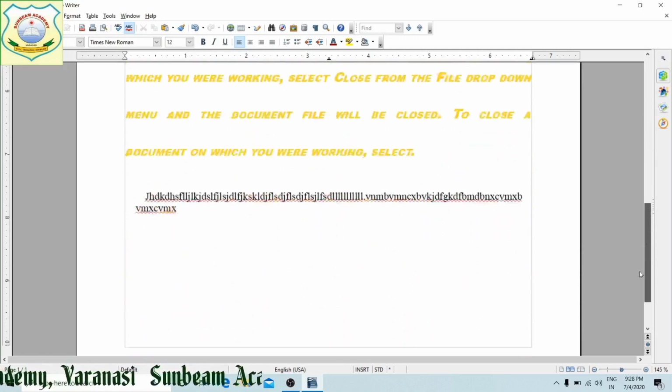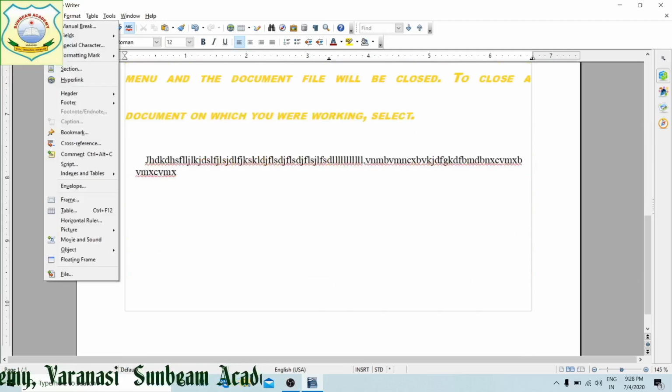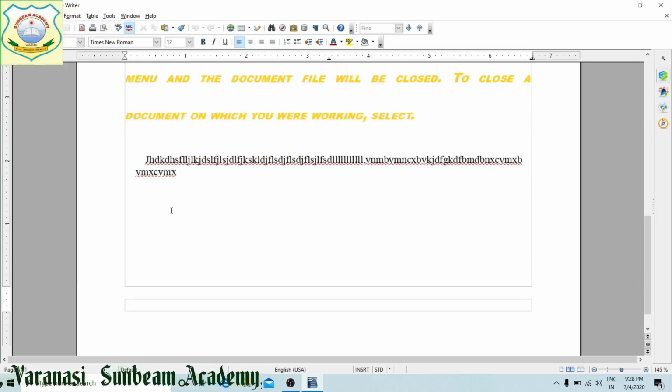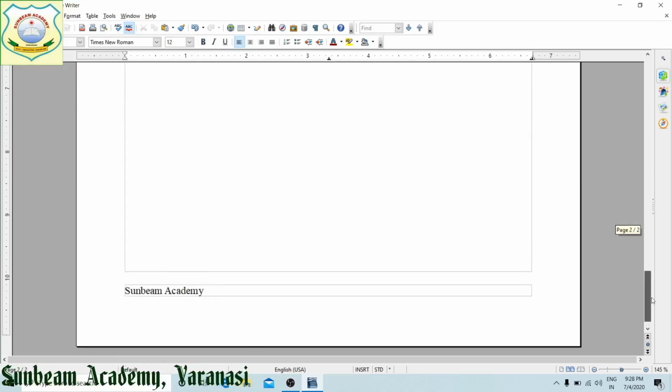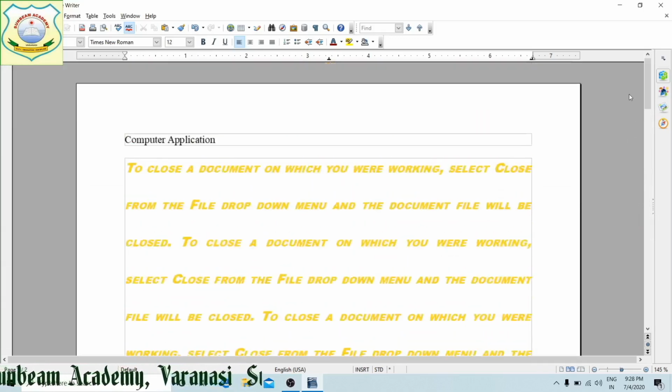If I am going to insert footer, it will come on the bottom of the page. Suppose here I have written the name of the school, right? When we shift towards the next page, it will automatically come your header and footer. Is it clear, students?